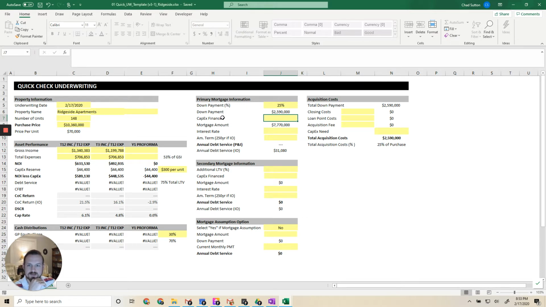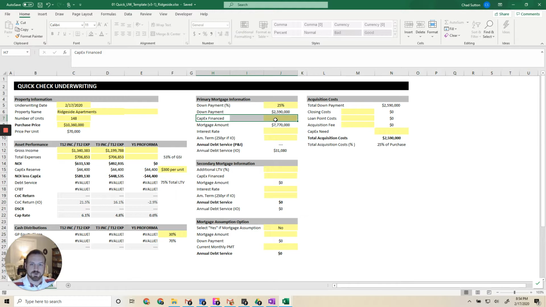CapEx financed. This is going to be, if I am doing a short-term loan, like let's say this property is not stabilized. We determine that it's got 30% vacancy, and the lenders aren't going to give me good permanent debt on it. So Fannie or Freddie aren't going to give me good debt on it. I could do what's called a bridge loan, or a loan to bridge the gap until I stabilize it. These guys do things a little bit differently. They may want me to